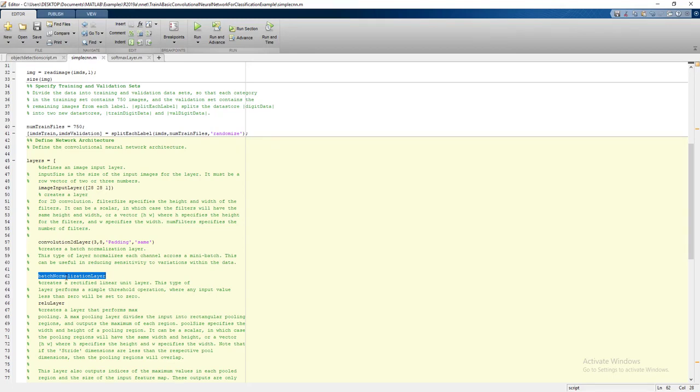Thereafter we move toward the ReLU layer. None of the problems in the universe is linearly separable.